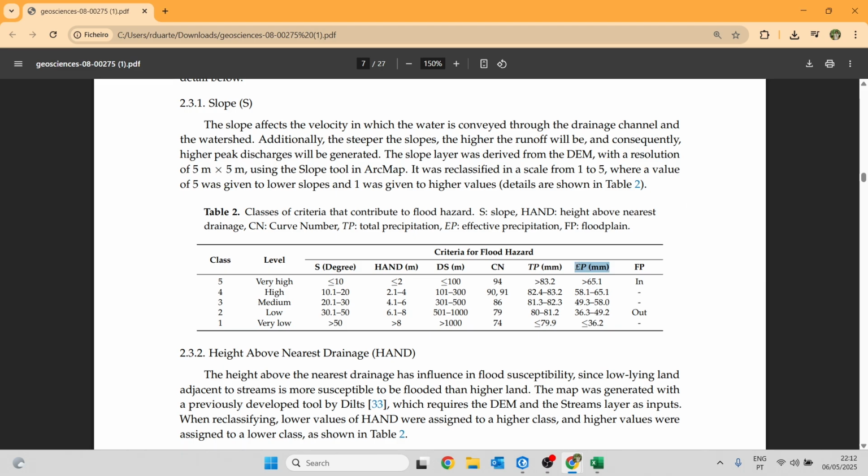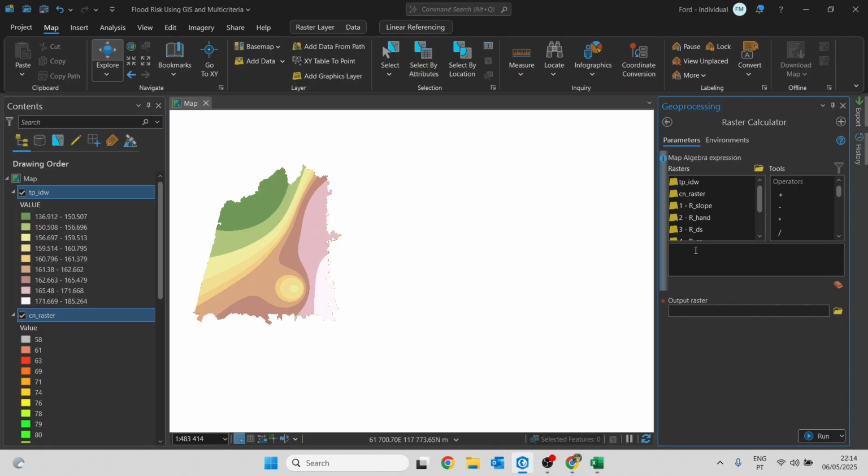I'm going to open the raster calculator tool, as you can see in the ArcGIS Pro, and explain the equation as we go. First, let's type float to tell raster calculator to return the final result as a floating point number, meaning it will preserve decimal values instead of rounding them. Next, we type power. This means we are going to raise something to a power. In this case, we're squaring a value, so the exponent will be 2.